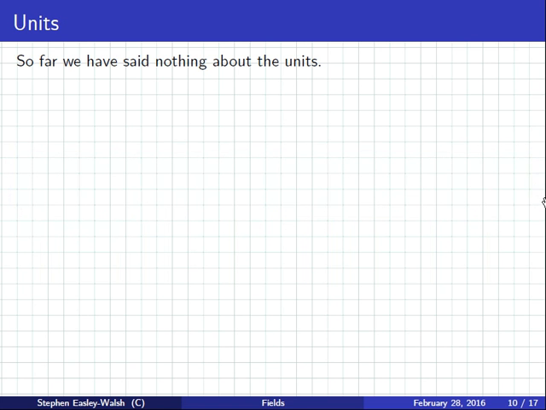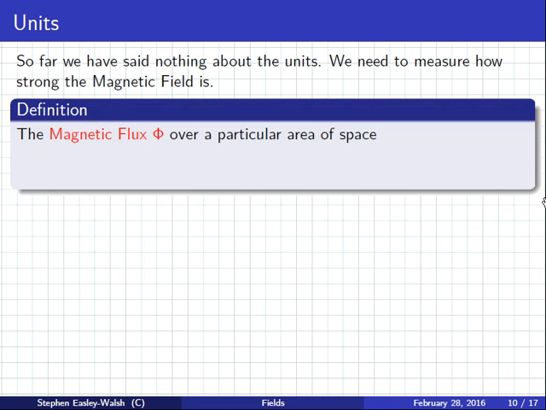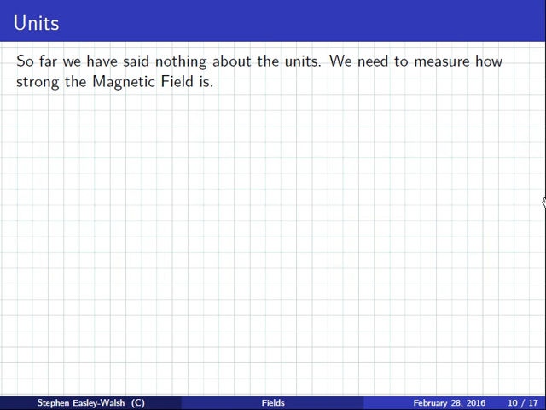So far, we have said absolutely nothing about the unit. Previously when we did electric fields, we measured electric field strength in newtons per coulomb, and we said nothing about the units for magnetic fields. So how do we measure magnetic fields? What's the unit here? Okay, so just before I do the definition,